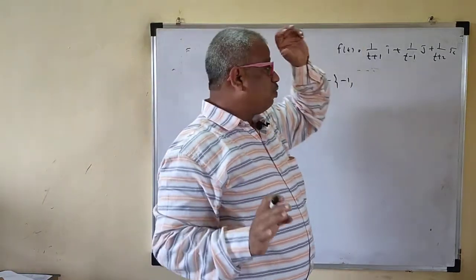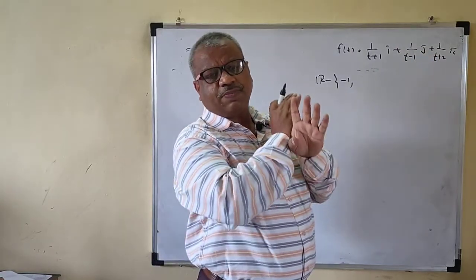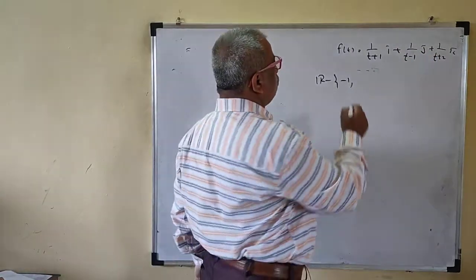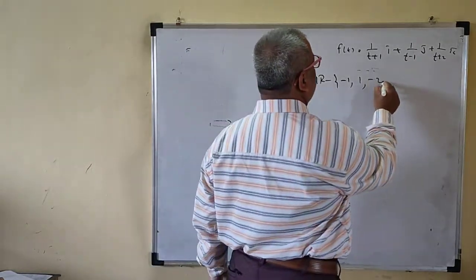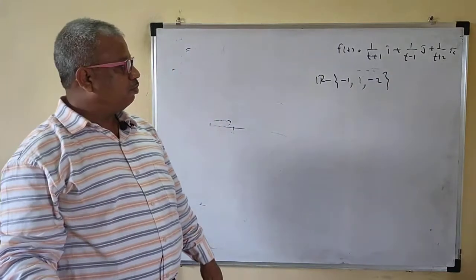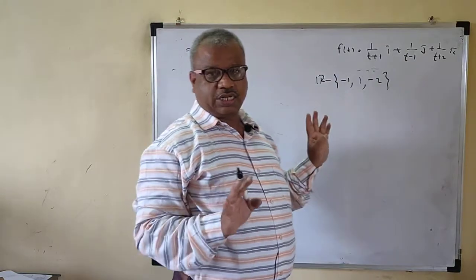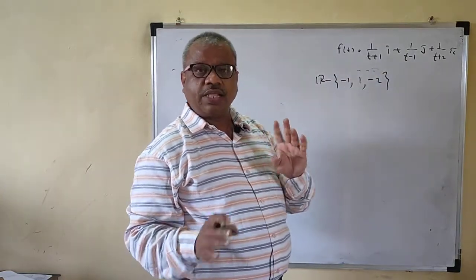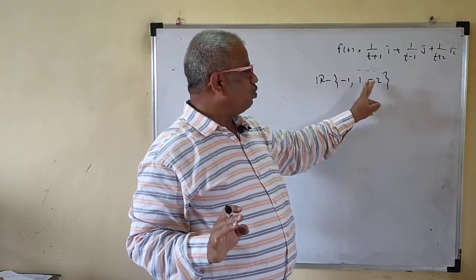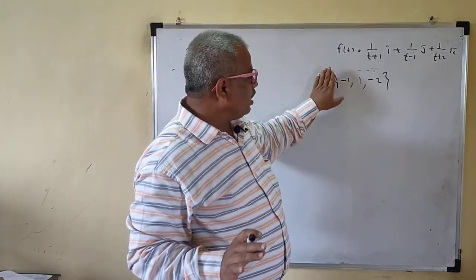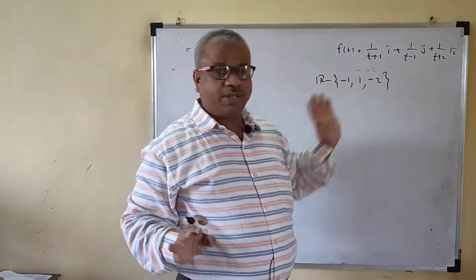Here if t is equal to 1, then this is not defined again. The second component is not defined, which means the vector is not defined. And then if t is equal to minus 2, then again this is not defined. So you have to remove these points: minus 1, 1, minus 2. These are the discontinuities also. That means where the function is not defined, at that point the function will not be continuous. So minus 1, 1, minus 2 is the set of the discontinuity, and this is the domain of the function.